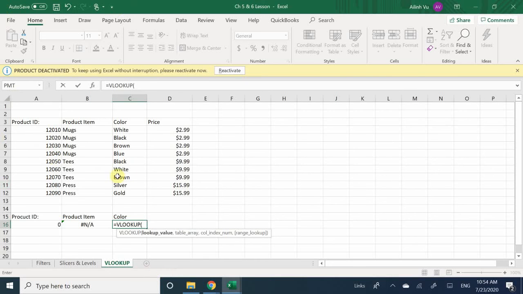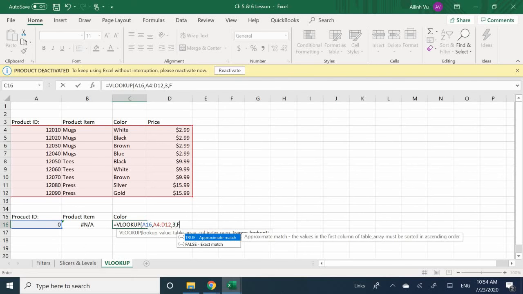So here I activated my VLOOKUP again. The first argument is what are you asking Excel to look up? I'm going to apply the same formula, so I'm going to do A16, and comma that to end my first argument. And it's going to ask me, what table do you want to look up? I want you to look at this table. Next one is which column is the information you're looking up? It's going to be column 3 because I want color. And I want it to be the exact